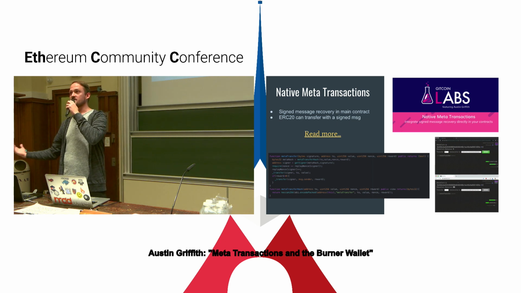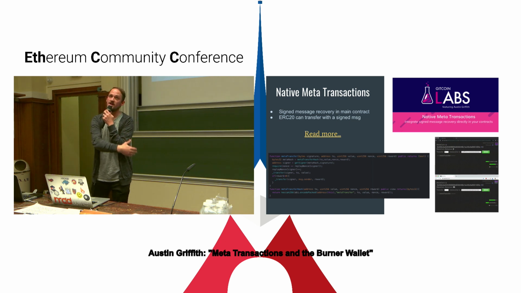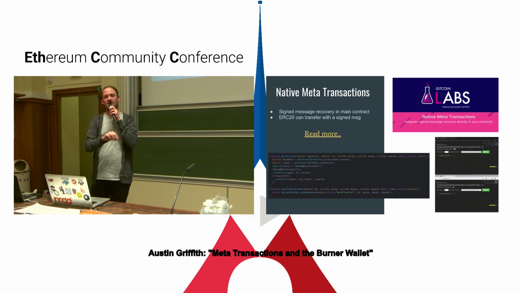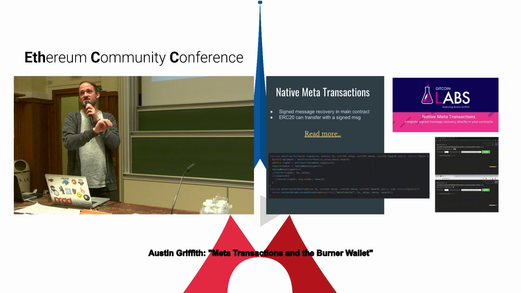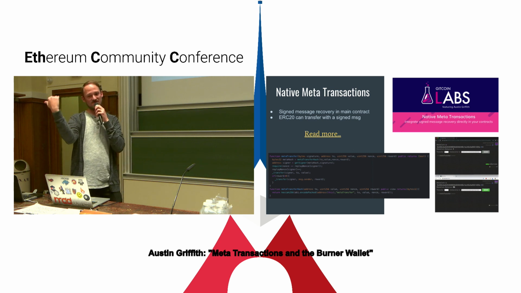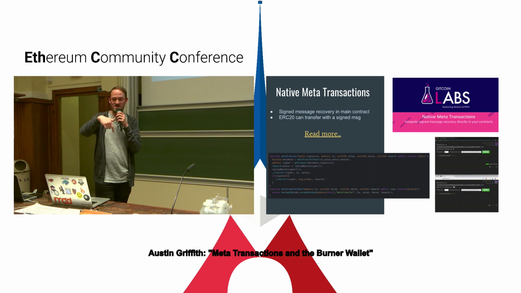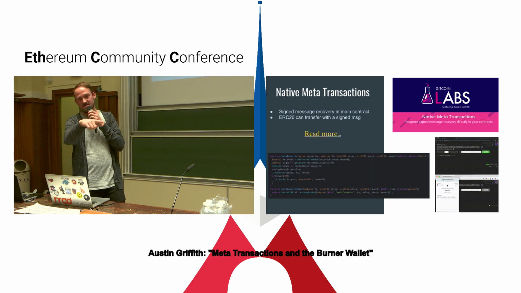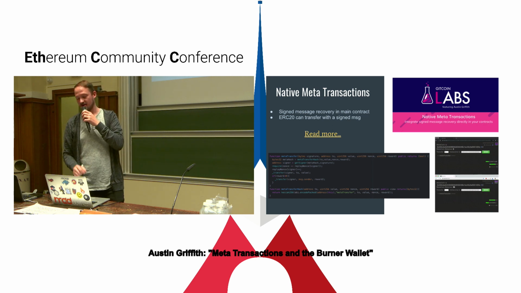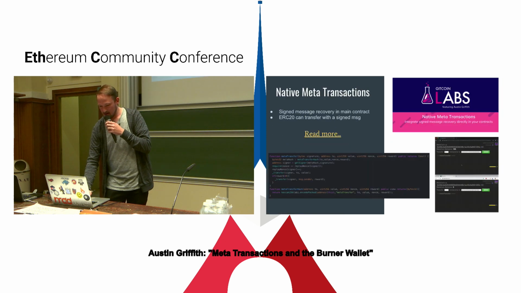If you're making a token and deploying that token to chain, or any kind of app, you should be seriously thinking about respecting signed messages. It's super easy to do. You just do an EC recover from the signed message, prove that this person was the one that signed it, and then use that account as the owner. So instead of doing a message.sender, you use the signer, whoever signed the meta transaction.